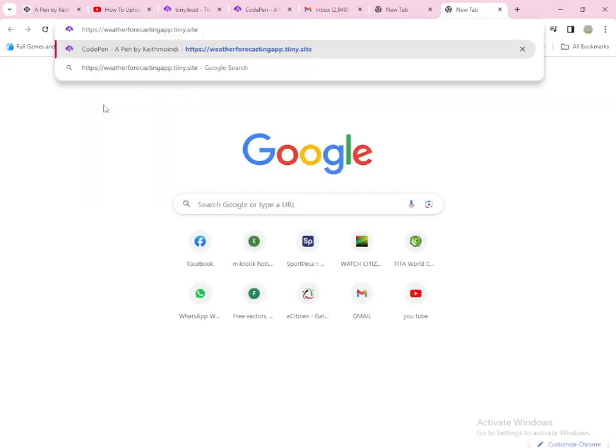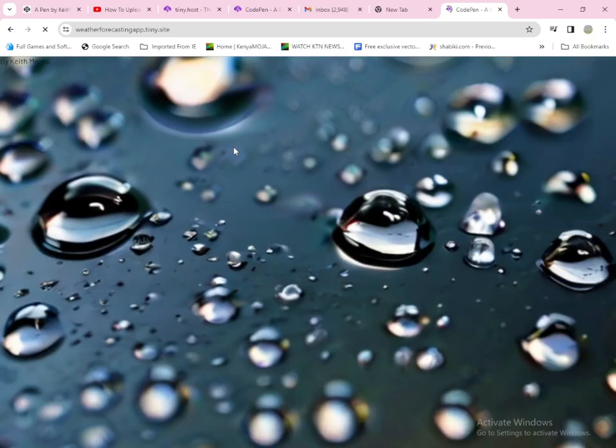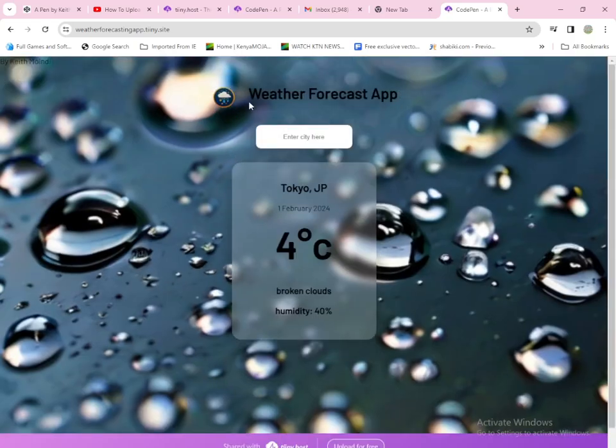using HTML, CSS, and JavaScript, right? This is the app now. It's being hosted by a website called Training Site, created by Keith Moindi. Here what you do, you enter where you are. Like me, I'm in Kisii. I'll enter Kisii. Click enter, and it's going to show me the degrees in Kisii in terms of Celsius,